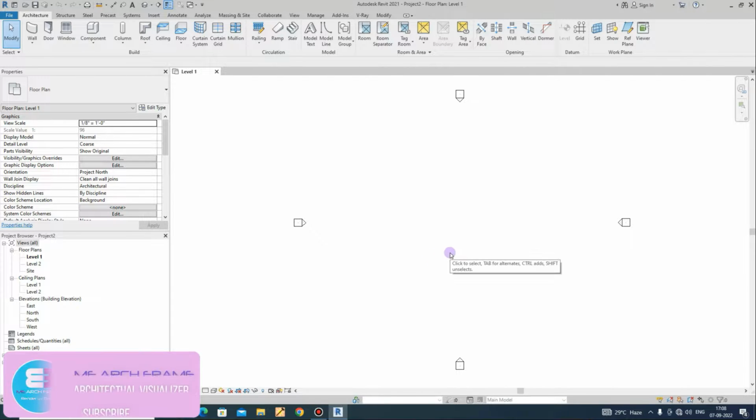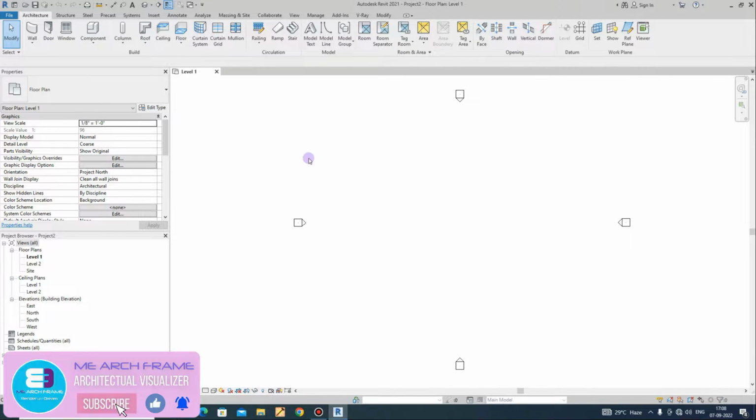Hi viewers, in this video I will show how to calculate this type of building with a curtain wall. Okay, let's start. I'll open a new file and go for